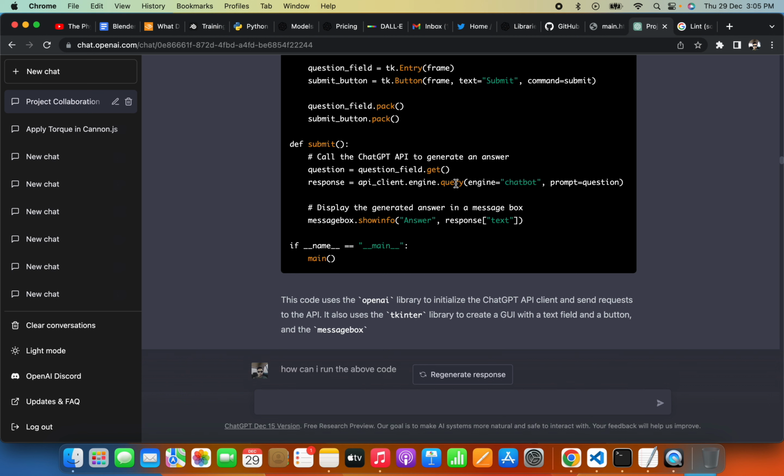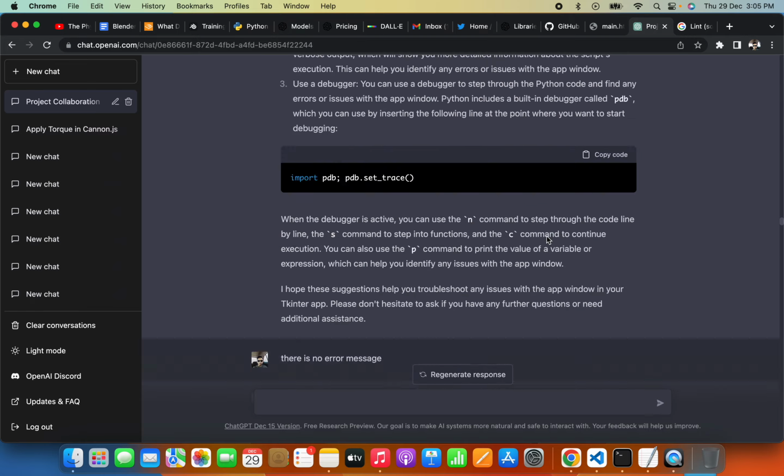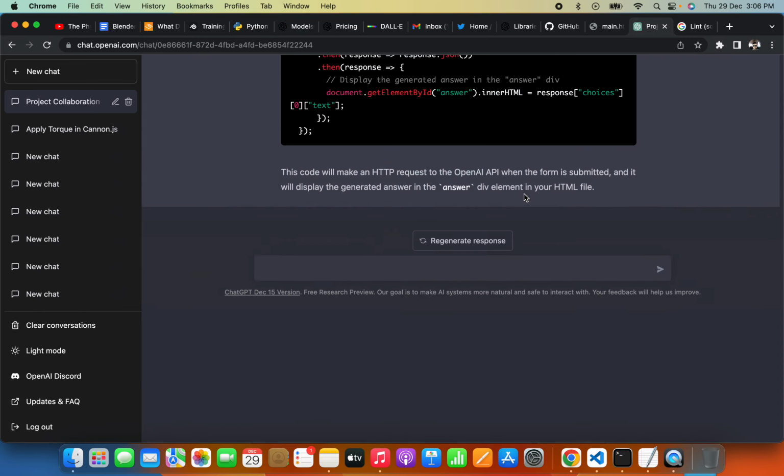The funny thing is I truly believe that ChatGPT is aware of an engine called chatbot, because obviously this line doesn't work. But the one that worked at the end,